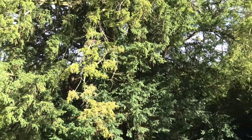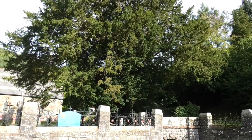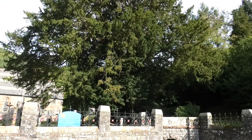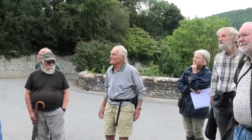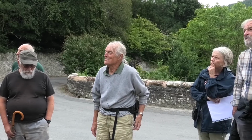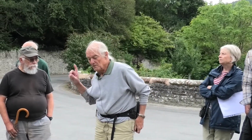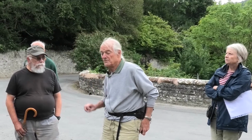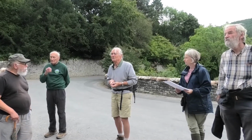And I believe you can often tell that a yew tree is very ancient because it starts to hollow out inside. As the annual rings expand and the tree gets bigger, they tend to separate inside. And there's the very famous one in Scotland, which is completely hollow, but stays in place. And the yew tree could be very significant when it comes to the location of the abbey, which we'll see a little bit later. Anyway, we've got a nice little painting that was done back in the 1850s